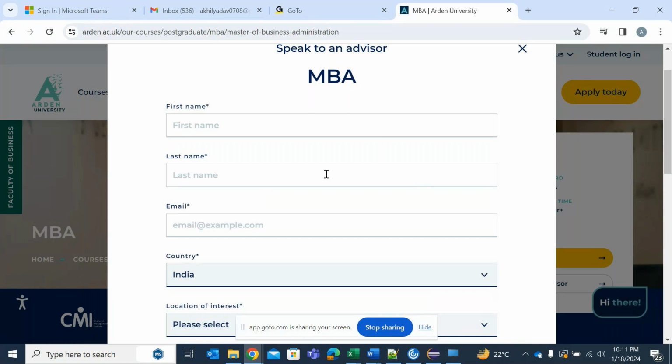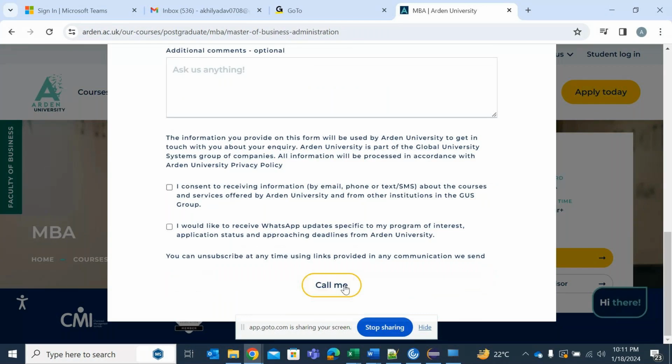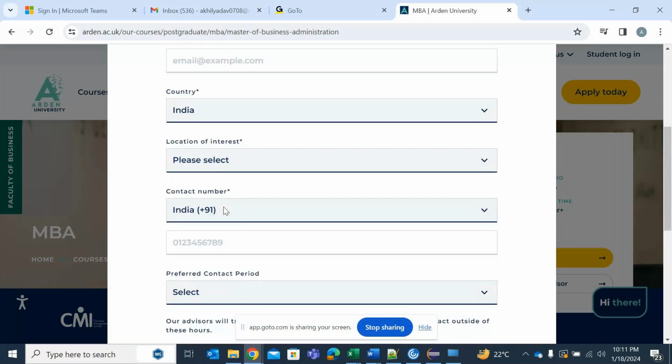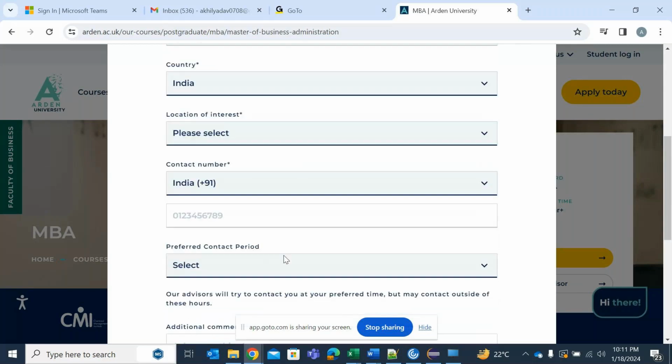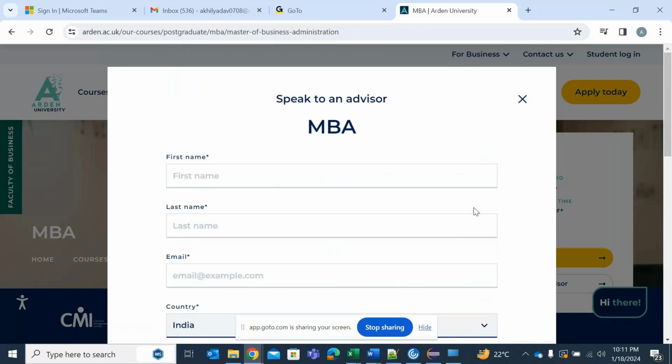So what we'll generally do is fill in the form and click on call me. Since we are providing the contact information here, after some time, I will get a call from the university side. One of the advisors who works for this university will call us,